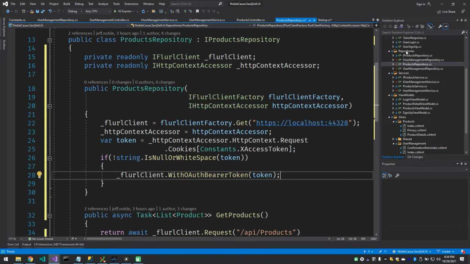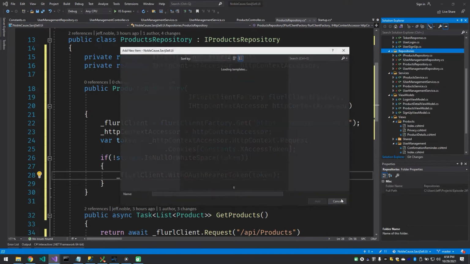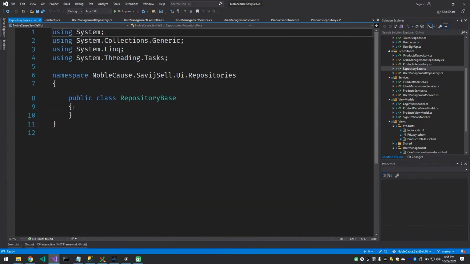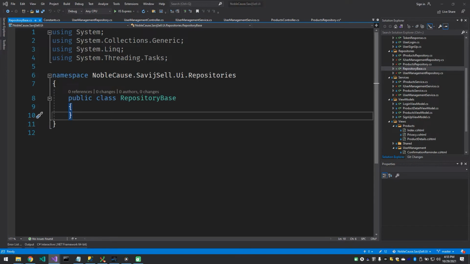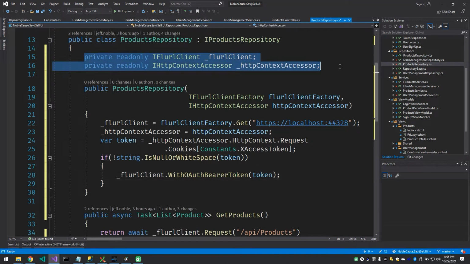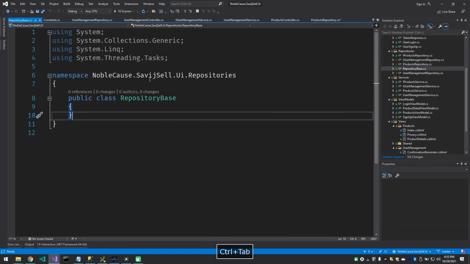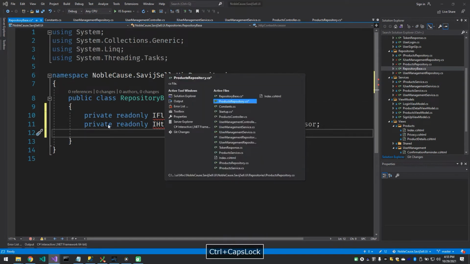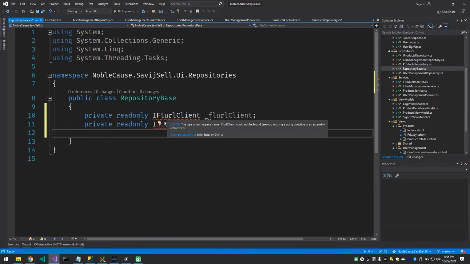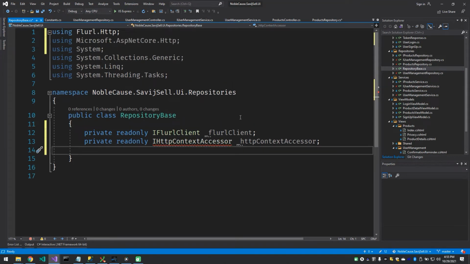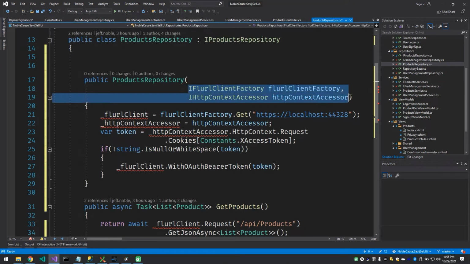So let's go ahead and create a base class for our repository, and I'm going to call that repository base. And pretty much what we're going to do is move all that stuff into here. So we don't need those. We'll put those in here. And we can bring in those namespaces. Right? We need these two